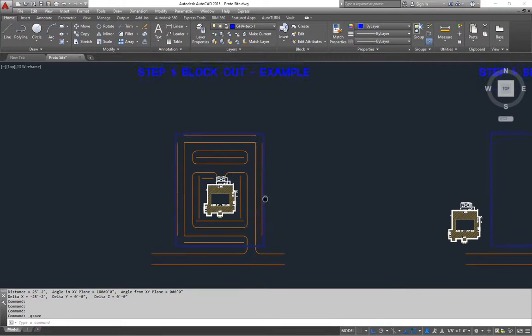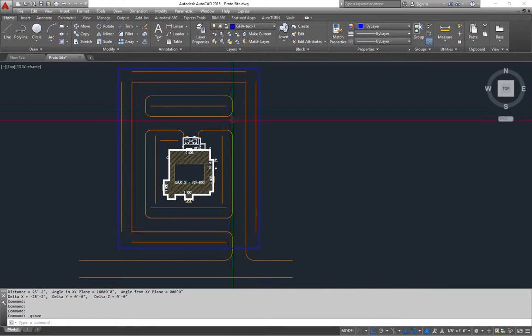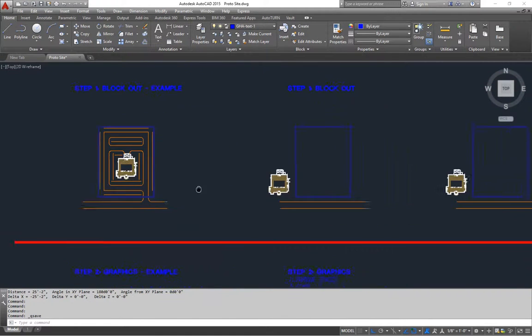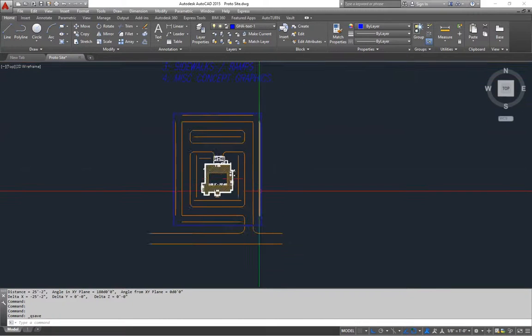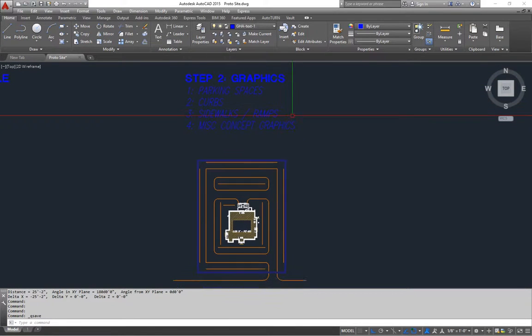So that's where we went in and basically did a very schematic representation of where our drive aisles are going to be and where the parking spaces are going to lay out. So in this one we're going to be starting with the block out and basically going through these 4 steps. First we're going to lay out the parking spaces, then we're going to go back in and do all our curbs and create the backs of the curbs, and then we're going to go into the building pad here and